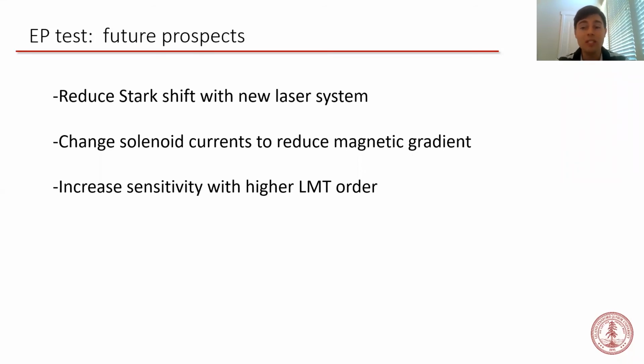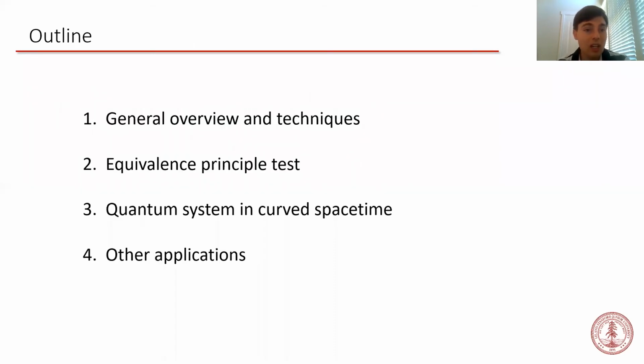So in general, once the new laser system is installed, I don't think that any systematic effect will prevent us from performing an EP test at the 10 to the minus 13 level. And in the future, as more sensitivity gains are realized, I think this apparatus will reach 10 to the minus 14 or maybe even beyond. That concludes my discussion of the equivalence principle test. Maybe before I go on, I'll stop to ask if there's any questions about that.